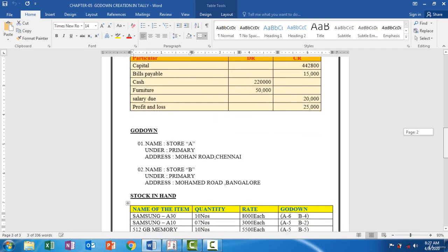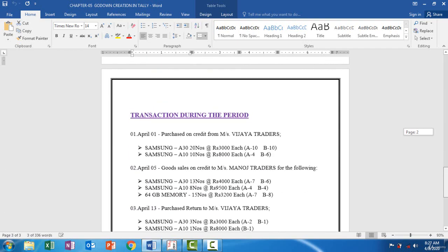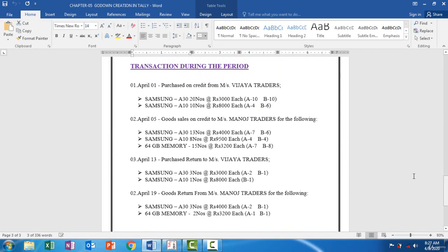We have done the opening balance. Now we are going to look at the transactions during the period. The first one is April 1st: purchase on credit from Vijaya Traders, Samsung A30,